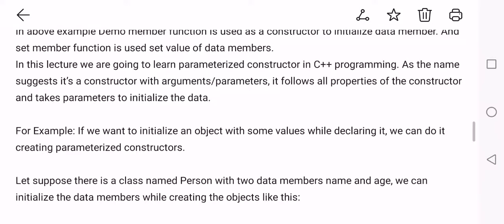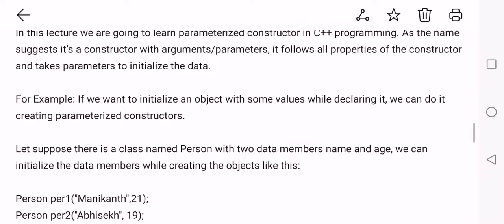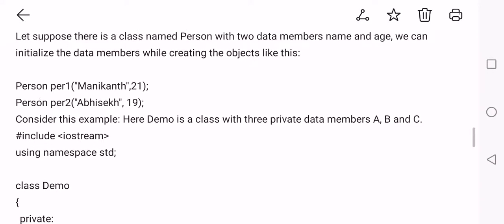In this lecture, we are going to learn about the parameterized constructor in C++ programming. As the name suggests, it is a constructor with arguments or parameters that have been passed through it. So let us take an example. For example, person